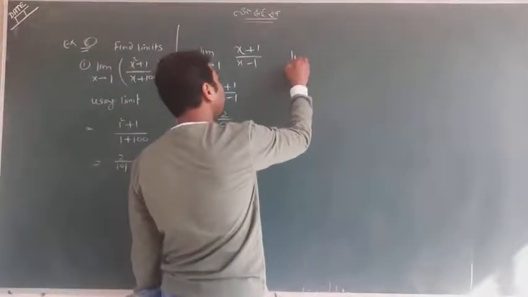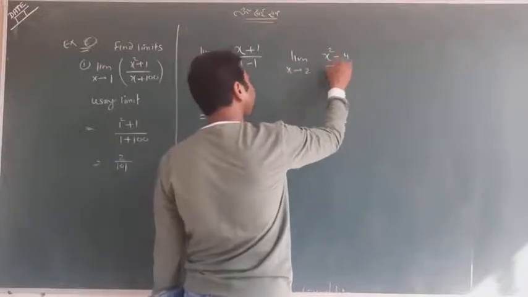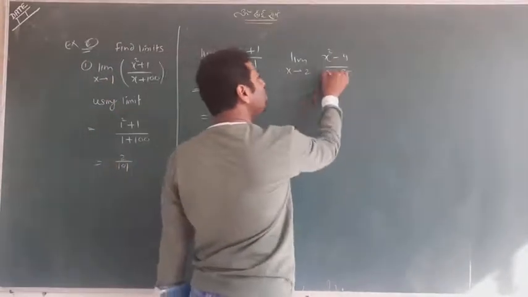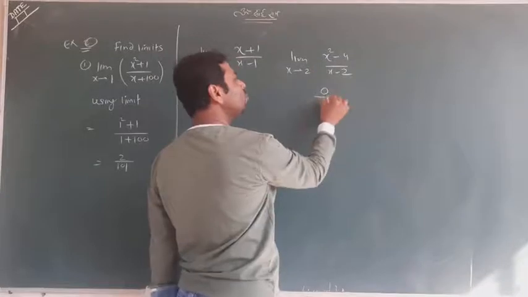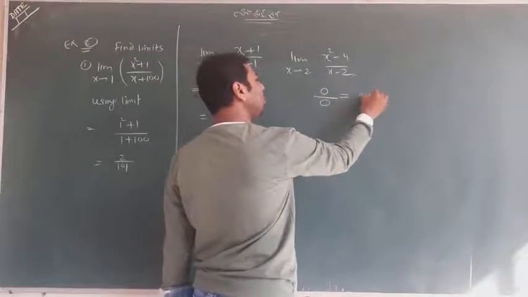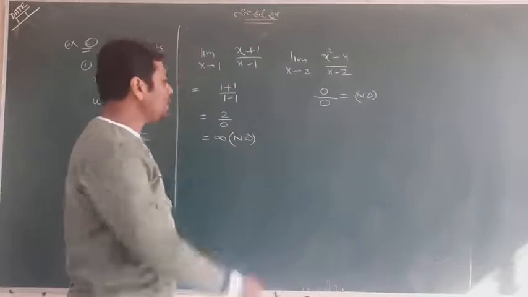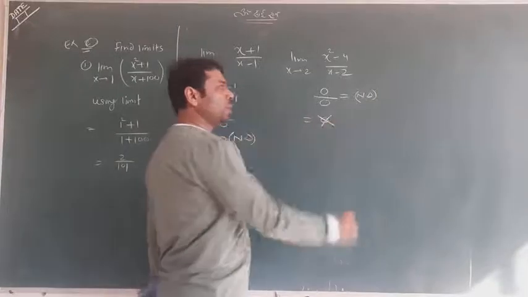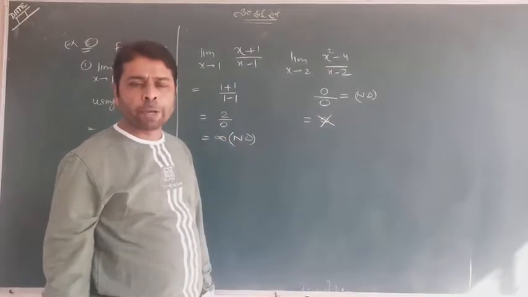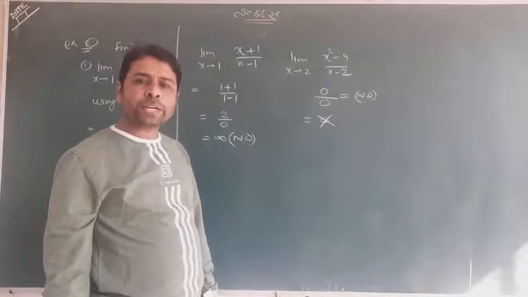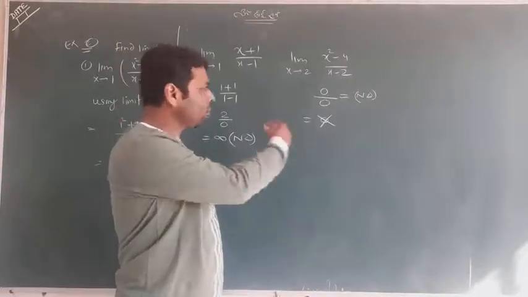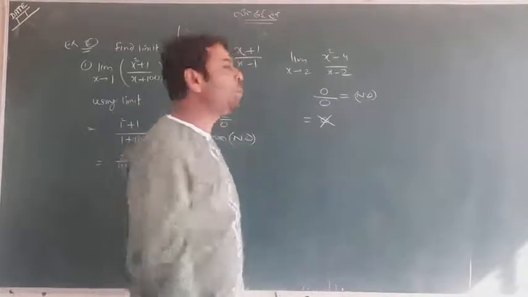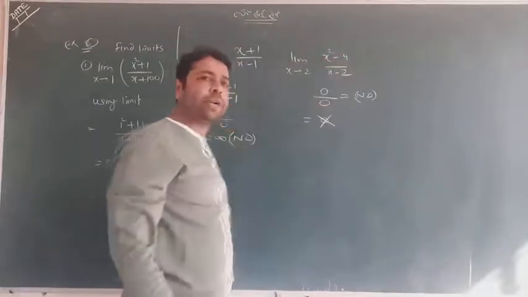What is the concept whenever your answer is coming like that, not defined, or something like, suppose my question is like that. If you put the limit, 2 square is 4 minus 4, and 2 minus 2 is 0, this is again not defined. I tell you something: when you get either infinity or 0 upon 0, sometimes students write it as 0. Please don't do this. 0 upon 0 means not defined number. So whenever after putting the direct limit you are having either infinity or 0 upon 0, it means you have to simplify the question.